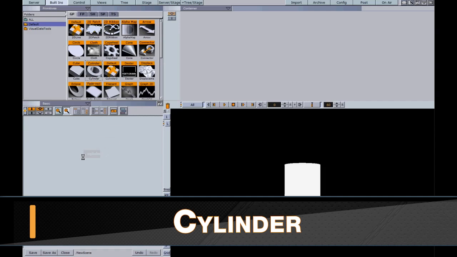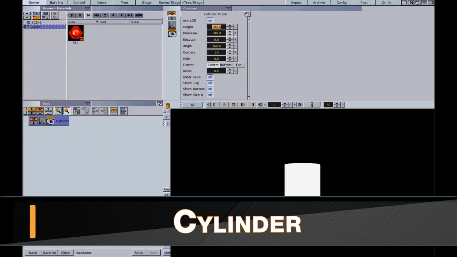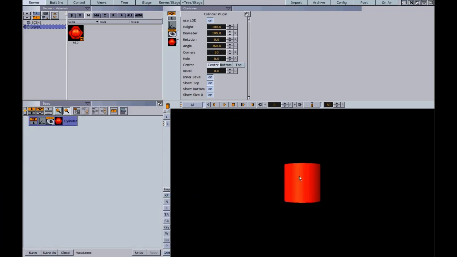The cylinder is another 3D object, so I'm going to grab my material and place it on there so we can see the shading a little bit, and I'm just going to rotate it towards us so we can see the 3D depth of the cylinder. Within the cylinder editor we have a height option, so as I increase or decrease the height on here, it